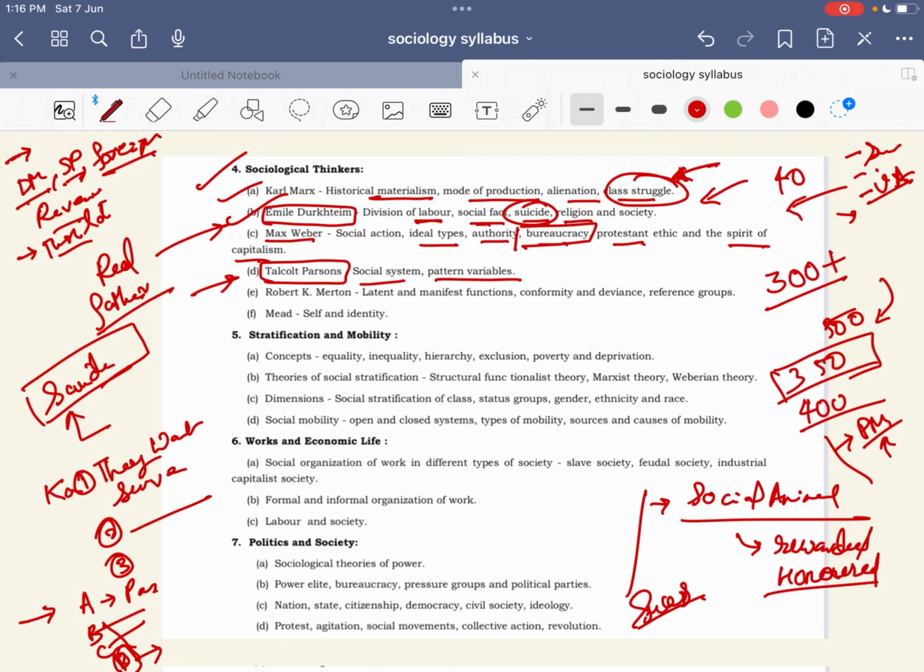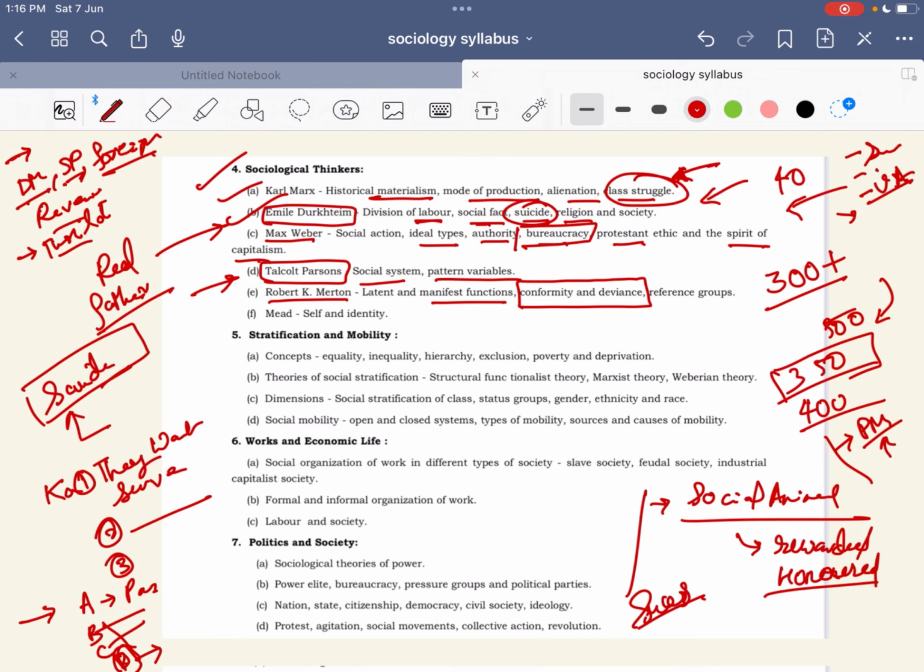And then there is another thinker, that is Robert K Merton. Okay, and his work on latent and manifest functions. Okay, मैनिफेस्ट का तो आपको अर्थ पता है कि किसी भी चीज़ को हम मैनिफेस्ट करते हैं। ओके, एंड देन देर इज़ कन्फर्मिटी एंड डिवियंस। मैंने आपको अभी ये सब थिंकर्स बताए, लेकिन इन सब का मैंने एक इम्पॉर्टेंट पार्ट भी बताया कि उन्होंने जितना काम किया है, उसमें से सबसे इम्पोर्टेंट क्या है। सो रॉबर्ट के मर्टन का सबसे इम्पोर्टेंट काम, जो सोशोलॉजिकल पर्सपेक्टिव में है, ये है कन्फर्मिटी एंड डिवियंस।